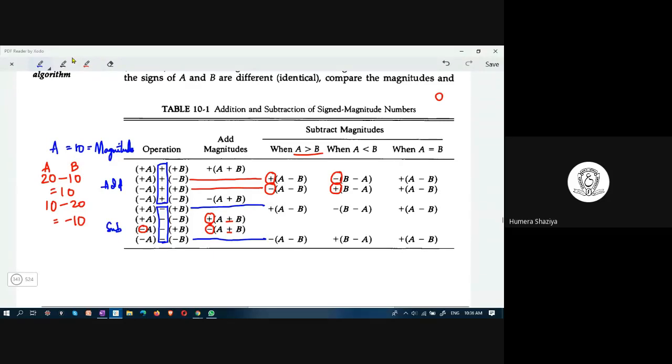If you take examples and solve, you do one thing today. For today's assignment, you take A is equal to minus 10 and plus 10 and minus 20 and plus 20, and B also you take similarly here: minus 20, plus 20, minus 10, plus 10, and you substitute A and B values for various operations and check out the result. If you solve it, you will understand it. Okay, ma'am.